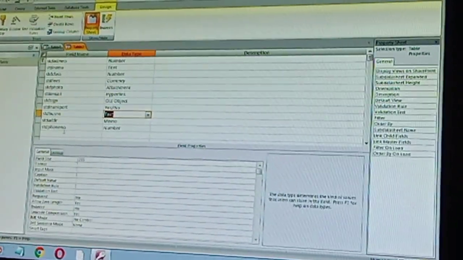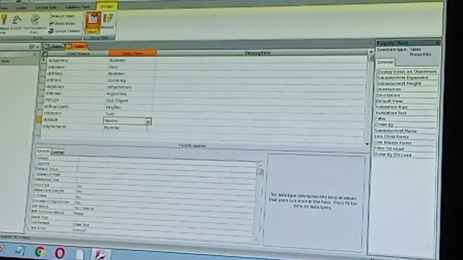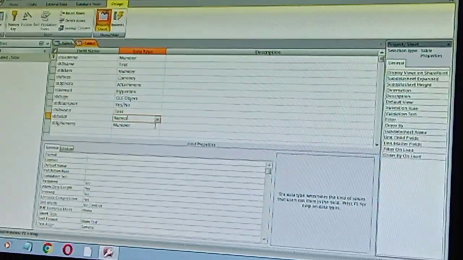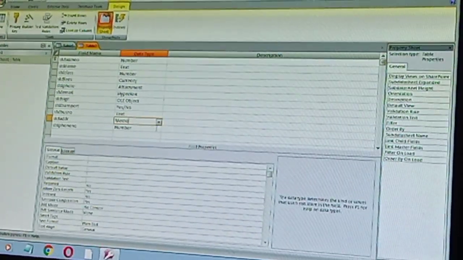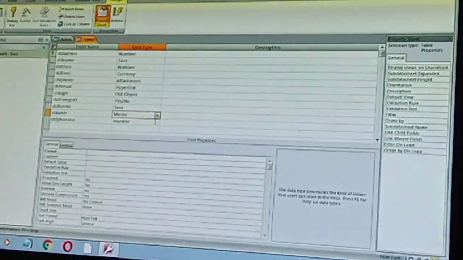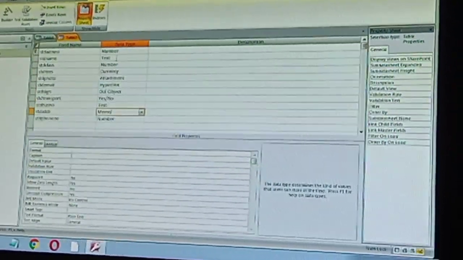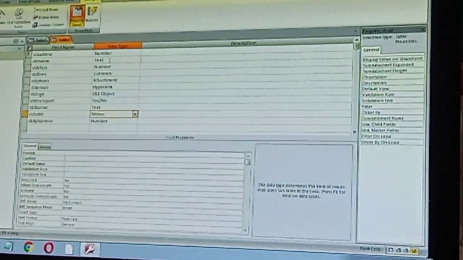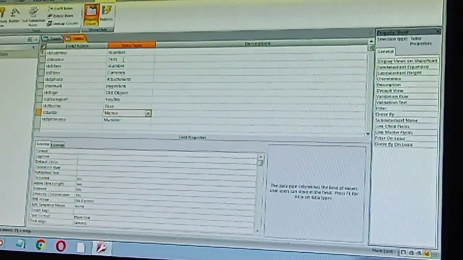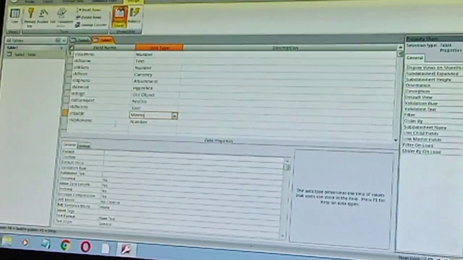Now the next one you have is the student address, where you have memo. Memo characters I have already discussed. It consists of 65536 characters, where you can enter your address. Student address is a bit lengthy compared to your student name. Student name, I have chosen text here, that means it contains only 255 characters, whereas a memo field carries more than 255 characters and up to 65536 characters. I hope you are clear with the memo data type.